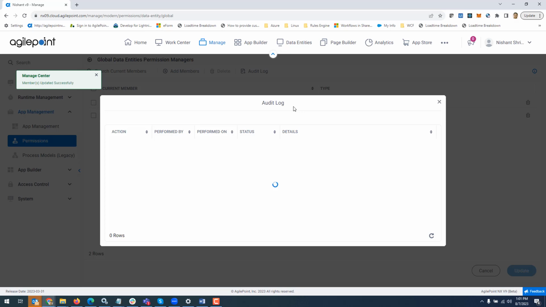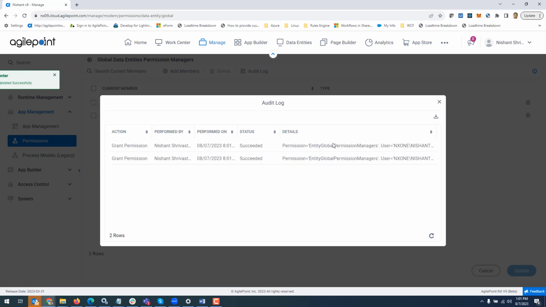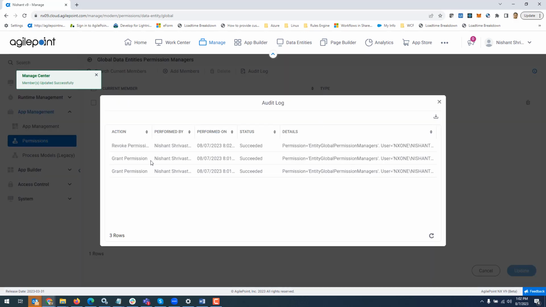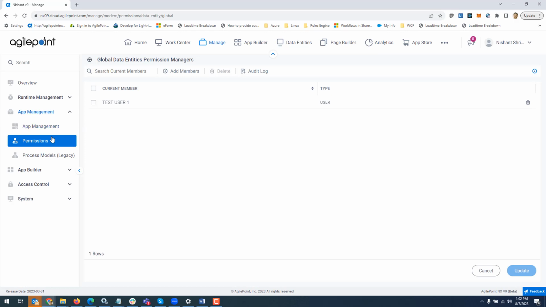If I go to audit log, I can see that the 2 users were added by me over here. And if I go and delete one of them and click update, that action should be recorded as well. So the revoke permission was recorded. If I go back to permissions,